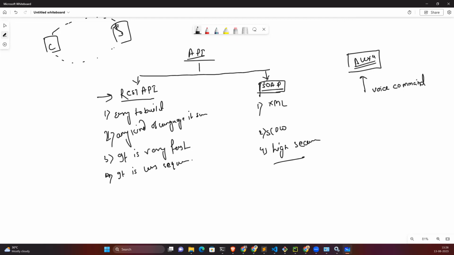So let's suppose I am giving this voice command, and Alexa is taking this voice command as an input, and internally it tries to convert it. Again, the business logic has been written by Amazon developers. They take this voice as input and convert this voice to text, right?